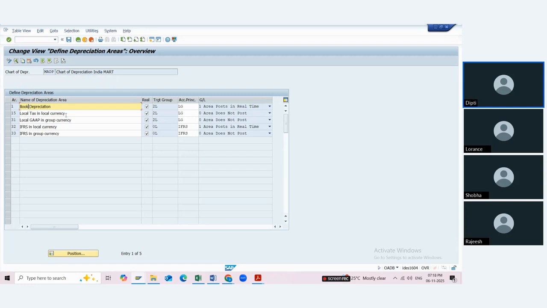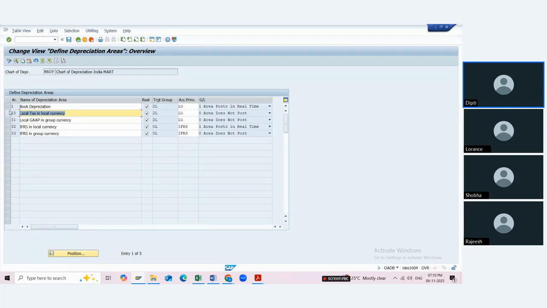Okay, so here you can find that it has a book depreciation which got a target ledger as L. 0L should be there actually. For one book depreciation, I want to represent it with the real time data but with 0L. Okay, so we have to change it. So what I will do, see, this is 15 depreciation, which is usually a tax depreciation. So if you copy it from the India version, we get 15 as the Income Tax Act related. So we get those depreciation keys and setup also. If it is available, I will show you. If not, in real time, if you're working on the India version, it will be available.